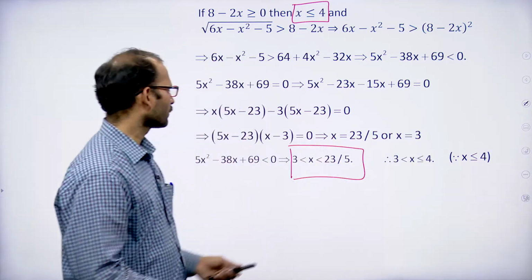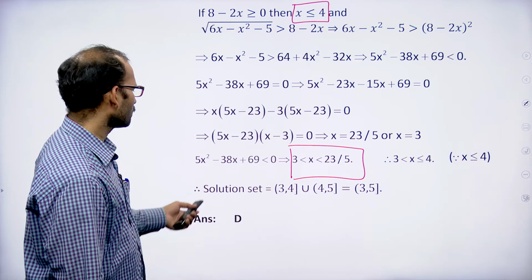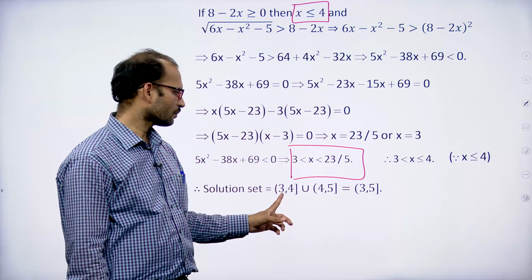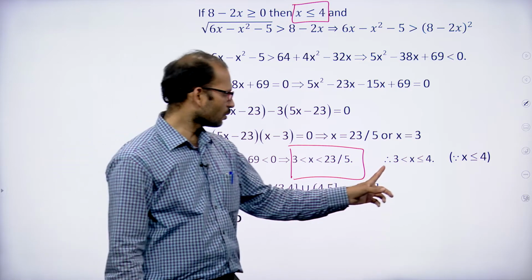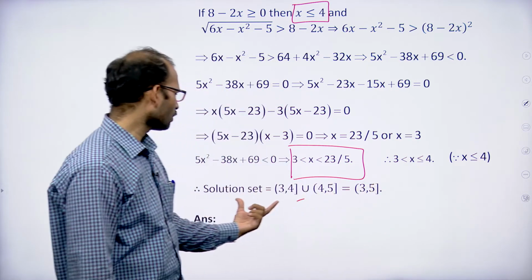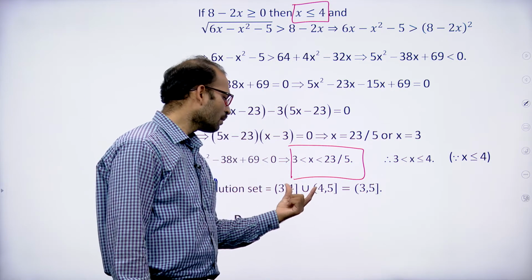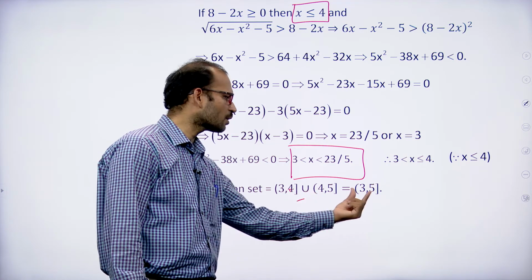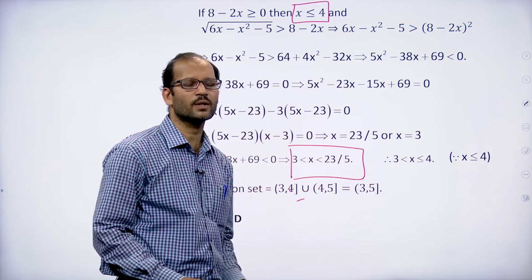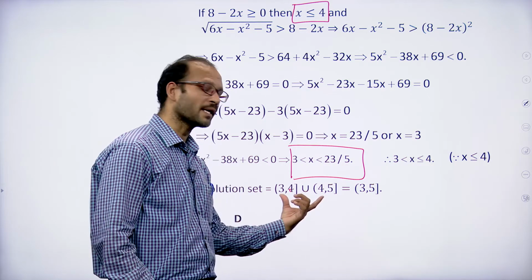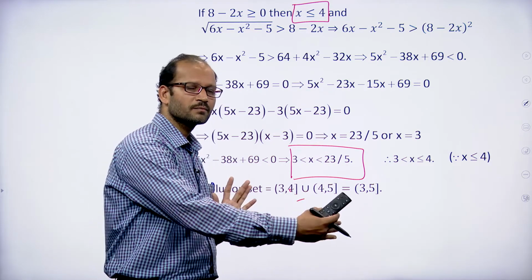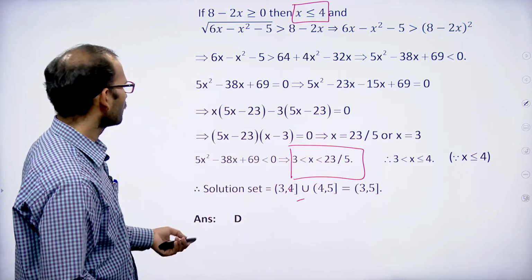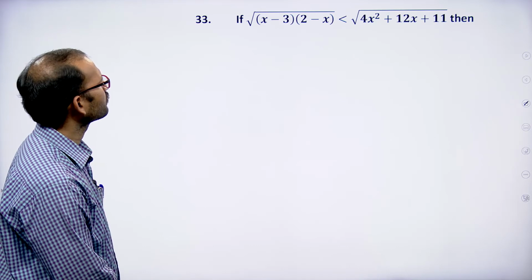Okay, right. So therefore solution set is, previously we got 4 to 5. Now 3 less than or equal to x less than or equal to 4. So those two are union we took. But here 4 is included in both the intervals. So therefore 3 to 5 directly we can write, because 4 is included. If 4 is not included, we should keep like this. 4 is included, we have written a combined interval. Okay. So that is about the question.